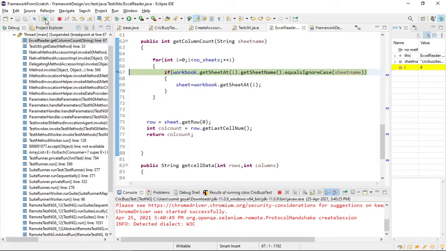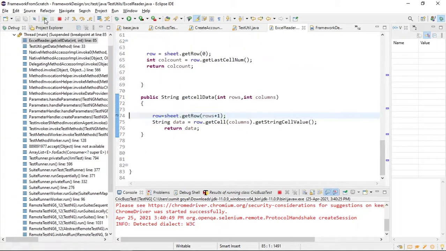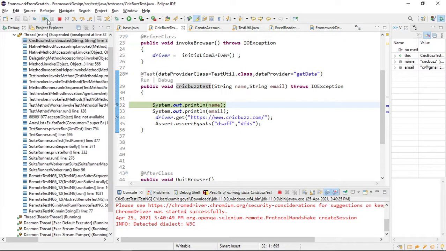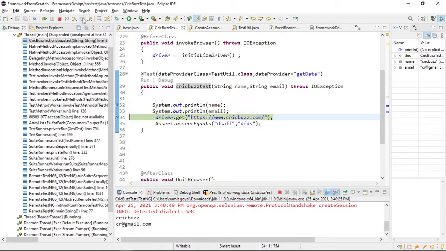So make sure to not repeat the code again and again in the framework. So that's why I've created one separate file. So even if in future, if you want to get the same email and name, if you want to write one other test case with the data provider, just use this file. It will work. So you can say it has printed first email. Now it will run again for the second time.